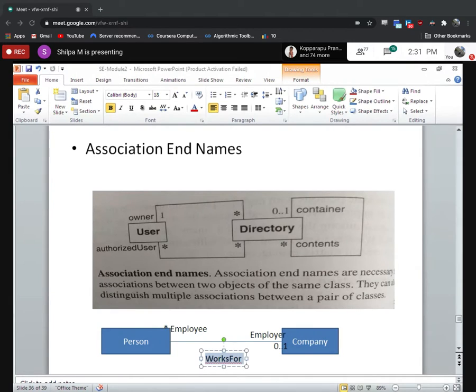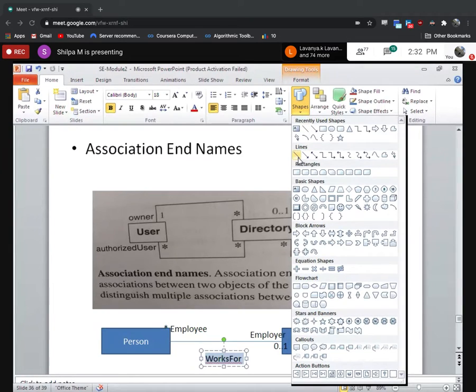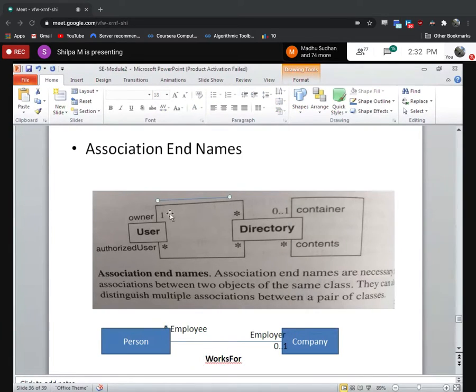So here you have an owner can own. Can you tell me what does this mean? Owner, and the top link here. I'll explain one. Okay. What does it mean? Can someone say? User directory. One user can have star means n directories. Okay. One user has n directories. I can also say n number of users can have n number of directories.